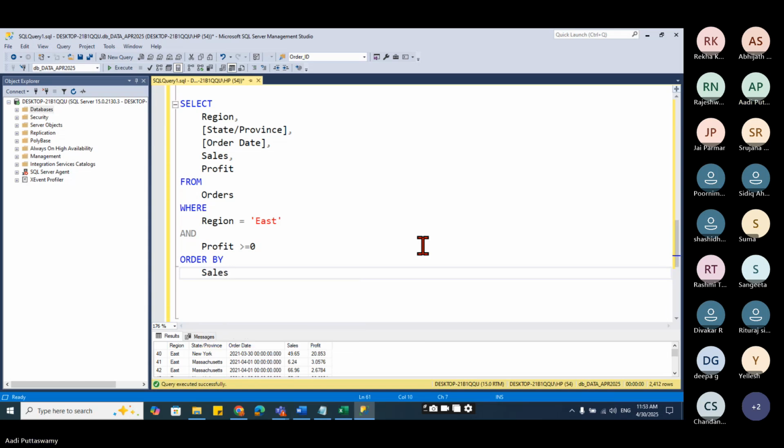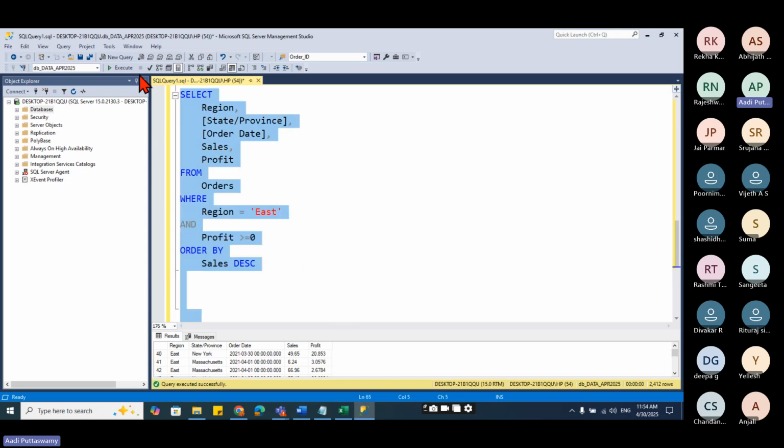See, same thing in Excel also, we used to do a pivot table, just drag and drop, right? Here I'm trying to filter this. Say I'm taking selected columns, whatever columns I want, then whatever data I need to filter. There also, while creating a pivot table, we used to filter it, right? Yeah, we used to get only whatever data is required. Same thing here also. Now I'll say order by sales, but this should be descending order.